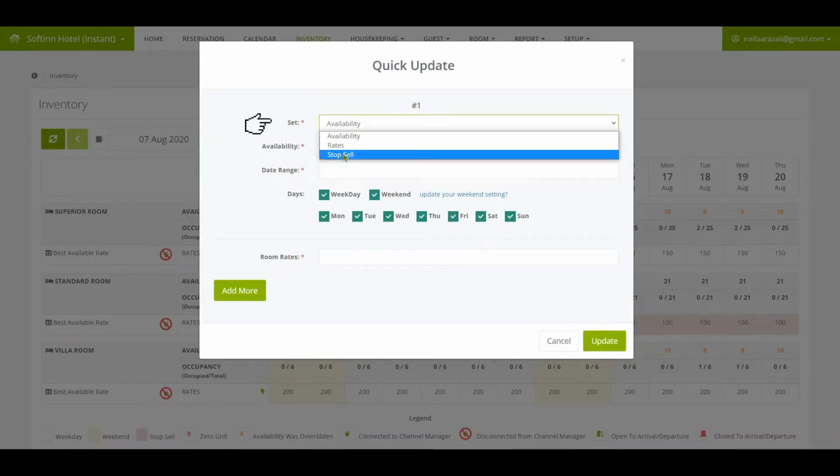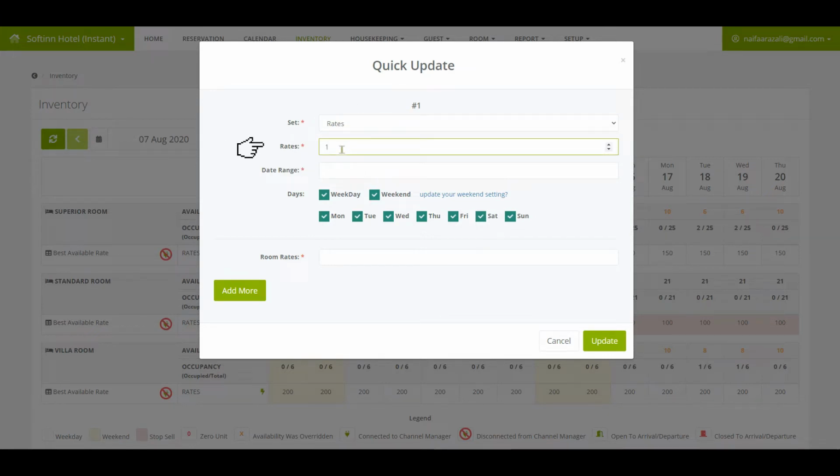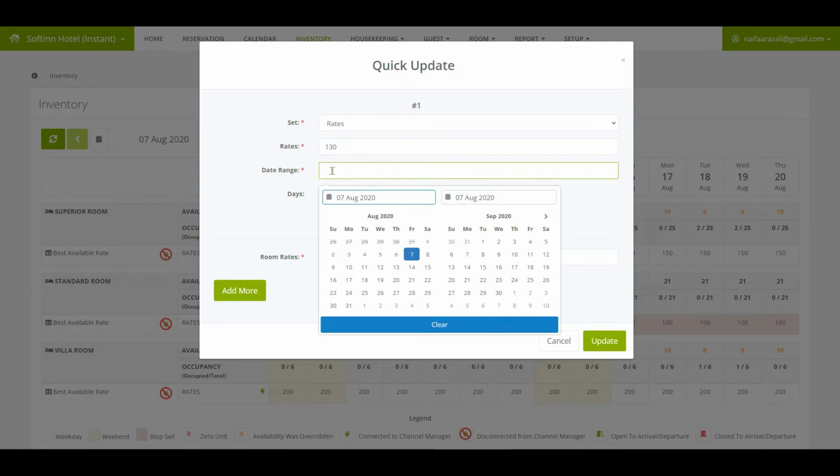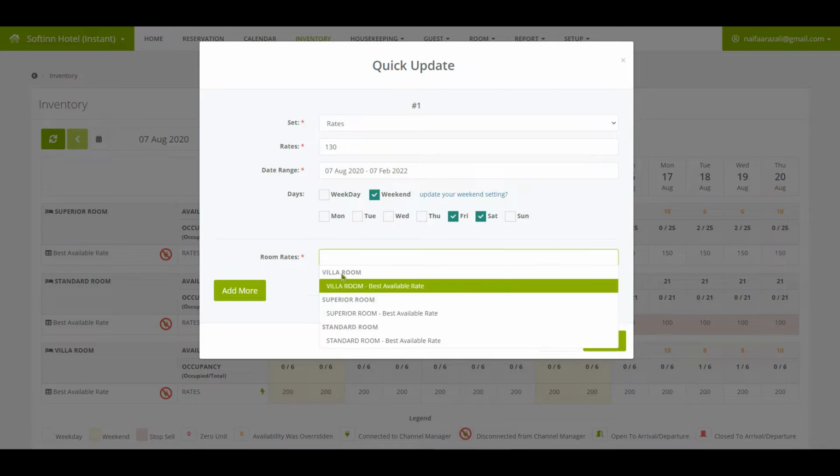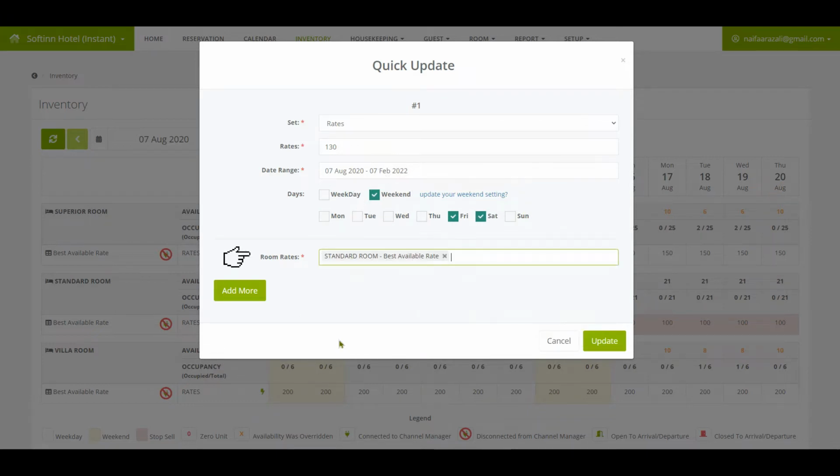Choose Rates. Insert the rates that you preferred. Select the date range. Untick Weekday. Select the correct room rates. You can update multiple information on inventory page at the same time. Click on the Add More button.